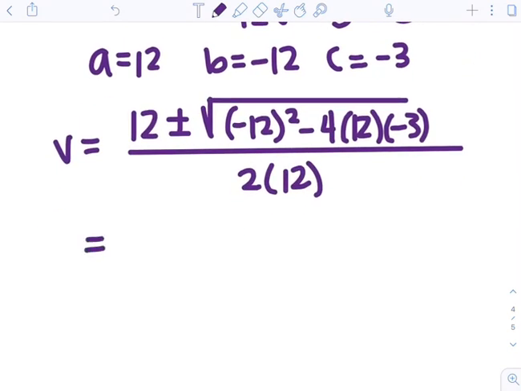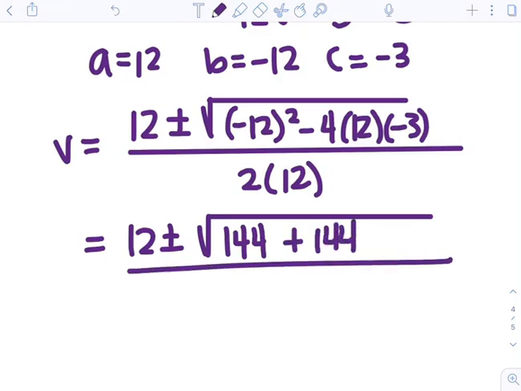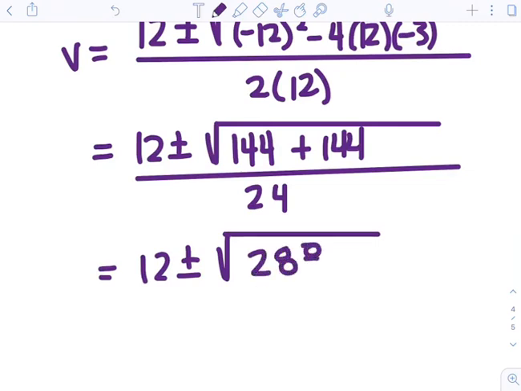Okay, now we're simply just calculating this out in our calculator. So the square root of 144, make sure you're getting positive 144. And then you're going to do negative 4 times 12 times negative 3, sorry. And so that gives me positive 144 over 2 times 12, which is 24. Okay. So combine the inside, so 144 plus 144, that's 288